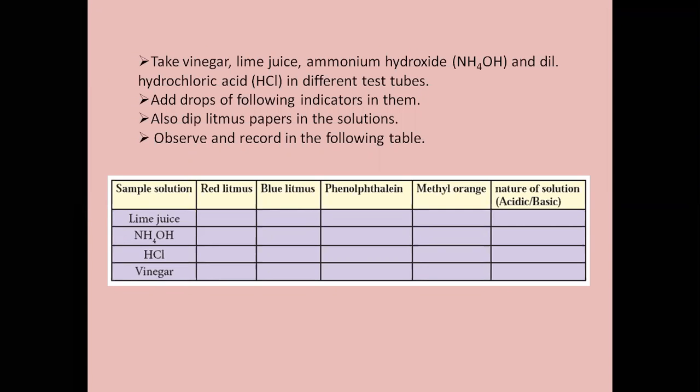So what will be the color change of red litmus paper? No, Deepika, it is an acid because it is sour in taste, and substances which are sour in taste are acids. Will there be any color change in the red litmus paper? No change. So red litmus paper will remain red, and blue litmus paper will turn red.